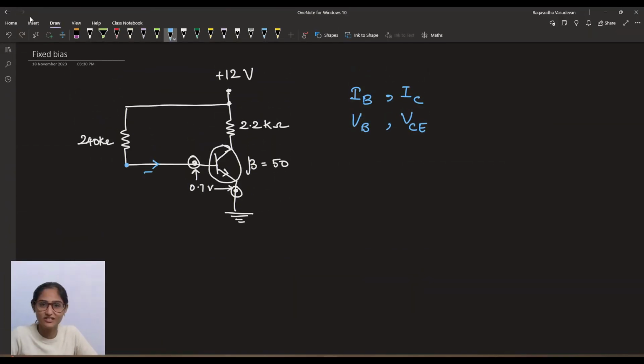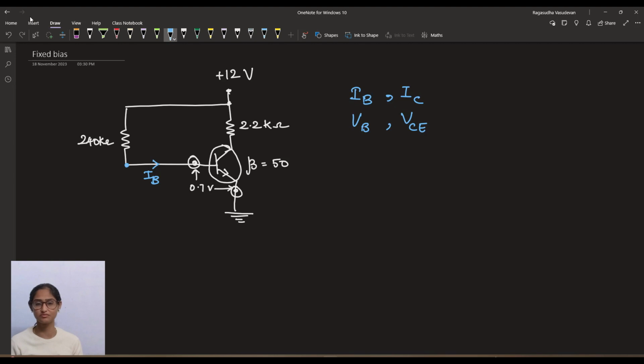Consider this fixed bias circuit. The value of the base resistance is 240 kilo ohm and the collector resistance is 2.2 kilo ohm. In this question, you have to find out the value of base current, the value of collector current, and hence the voltage at the base with respect to ground and the voltage between the collector and the emitter. The direction of the base current is into the P terminal. Okay. This can simply be achieved by Kirchhoff's laws